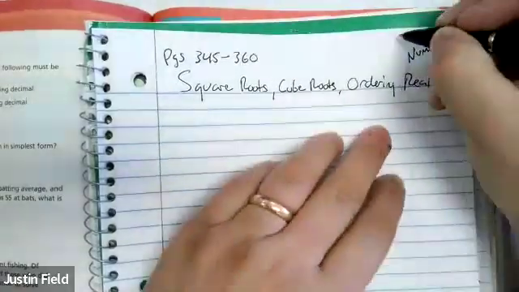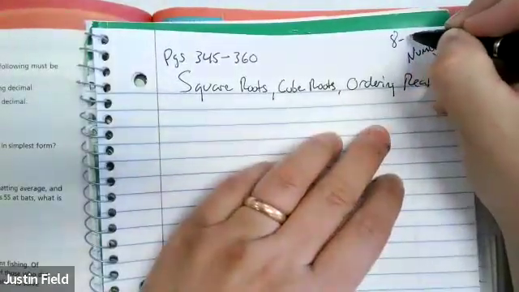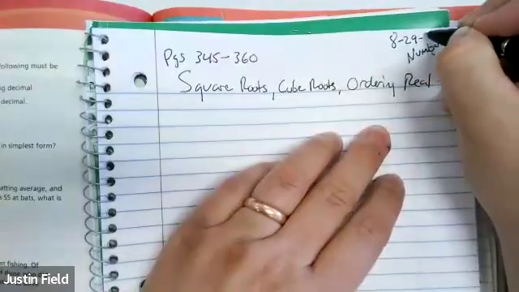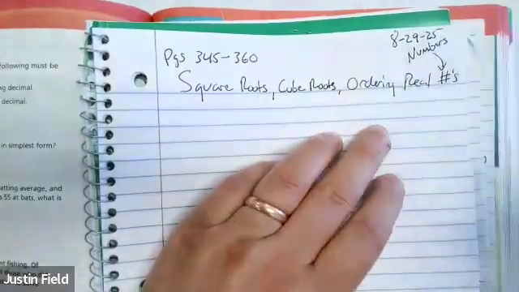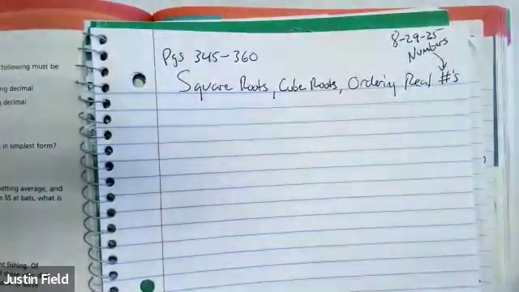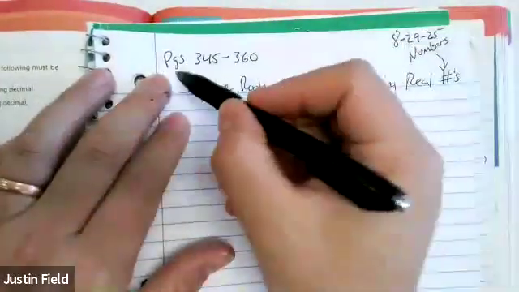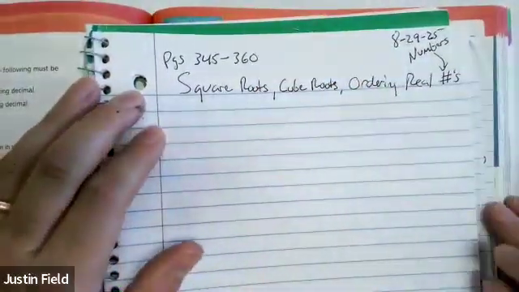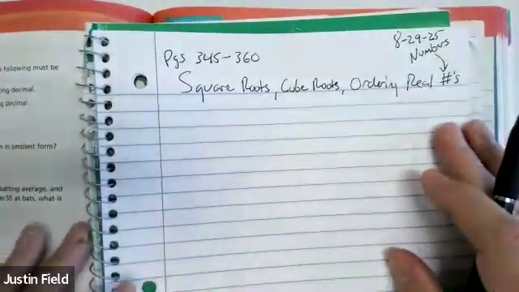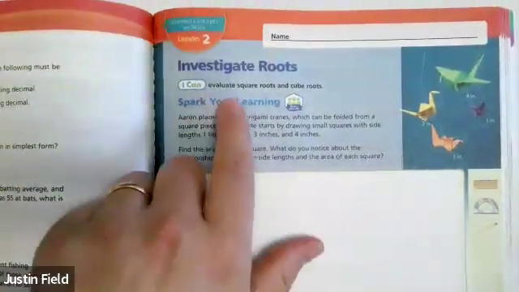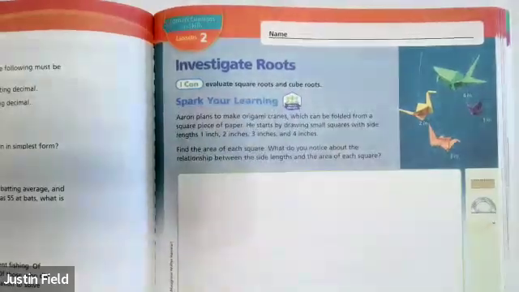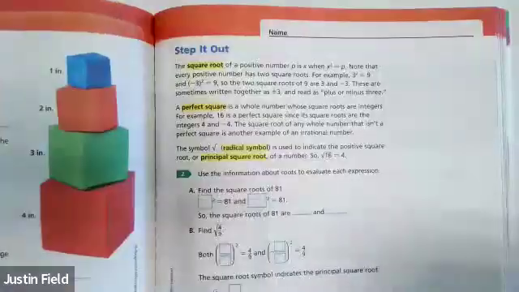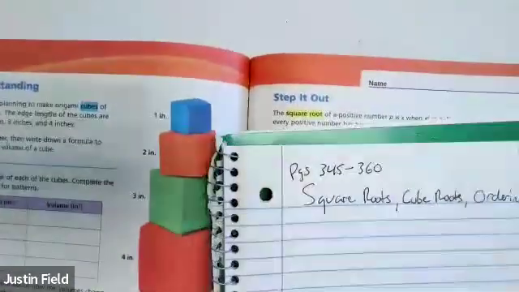All right. So, this day is for you. For me, it's still 8/28, but anyway, here's the date. We got our pages, we got our title, much better than notes. And so let's take a look at it. So I can evaluate square roots and cube roots. That's what we're going to do. And let's start out with